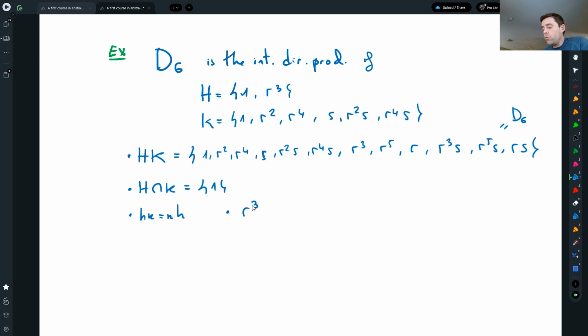So how much is R cubed times, if I multiply by something in K that is just a power of R, then that is going to be 3 plus k, and that is R to the k times R cubed. So it commutes. So what happens if I multiply R cubed times one of the other elements, which are not just a power of R, the other ones are of the form R to the k times S. So is this equal to R to the k